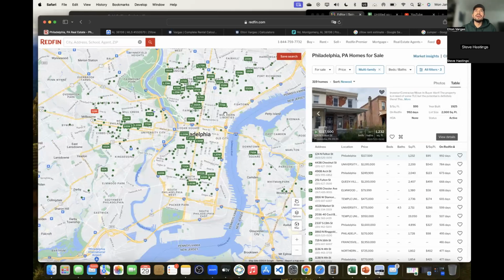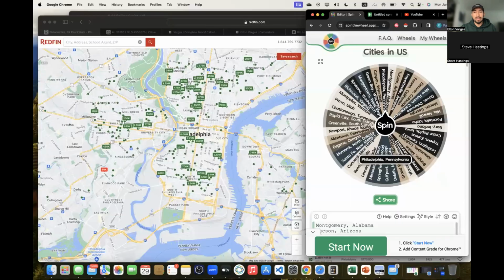Is Philly overpriced right now due to inflation? I think it's not only overpriced, but I don't think there are a lot of investors investing in Philly. That's just what I'm seeing. I've never looked into Philly whatsoever. That's why I like to do these random city spin the wheels, just because I get to understand other neighborhoods, and to me that's an advantage, because the more neighborhoods, cities, and zip codes I understand,